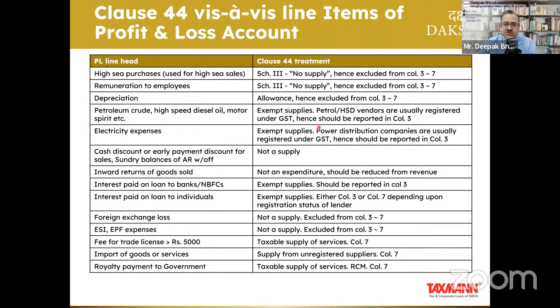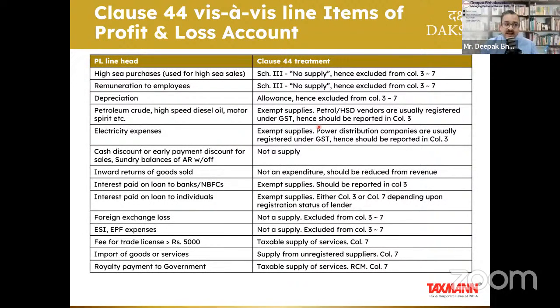But at the same time, there may be a situation, let's say you are exclusively into some items which are only being imported. So there may be some kind of apprehension in your mind that if you disclose entire purchases as unregistered, there may be some chances of questioning from the department, some chances of scrutiny and so on. So you see, I can't change the reporting, but I can only suggest that in that case, you should give a disclosure in the Form 3CD that inward supply from unregistered supplier also includes supplies of import of goods, import of services.